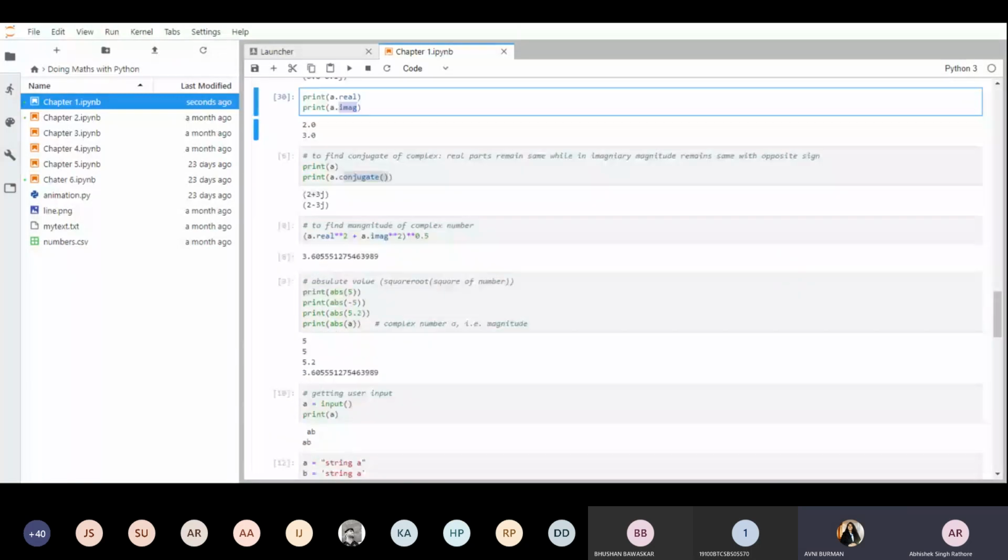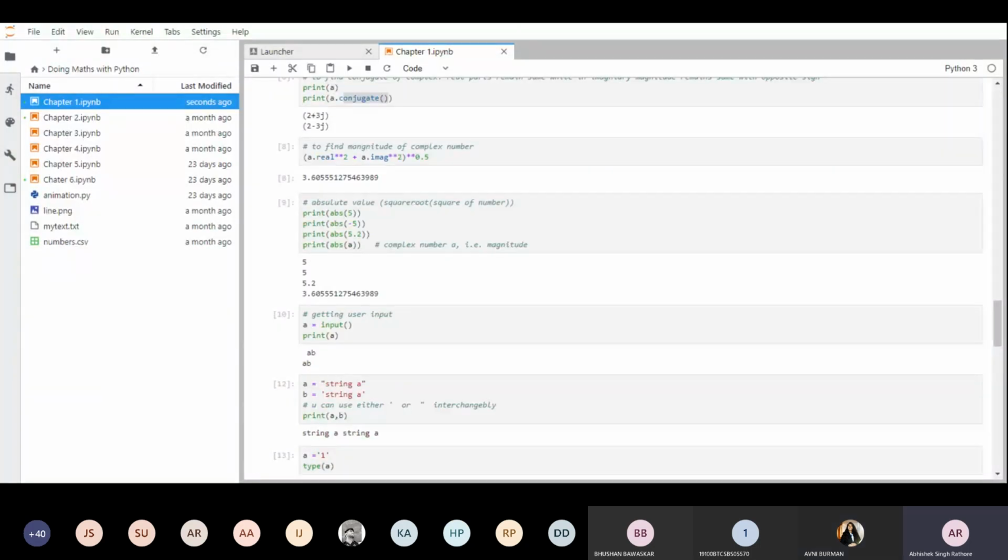Okay, fine, thank you. So then how to get the absolute value of something like that? So what do you mean by absolute value? So absolute value is the square of number, then square root of that. I wrote the definition over here. Sorry, absolute value. So absolute value is the square of number, so square root of number. So absolute of 5 is just 5, because square of 5 is 25.